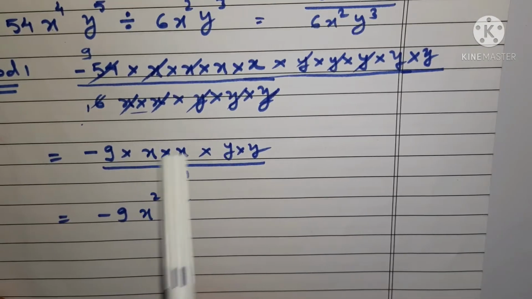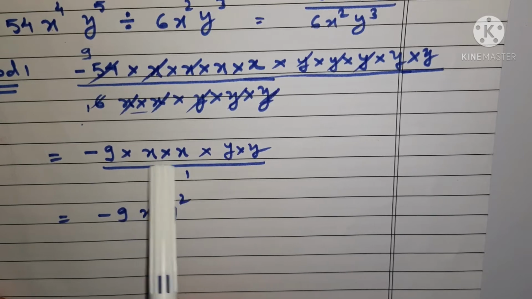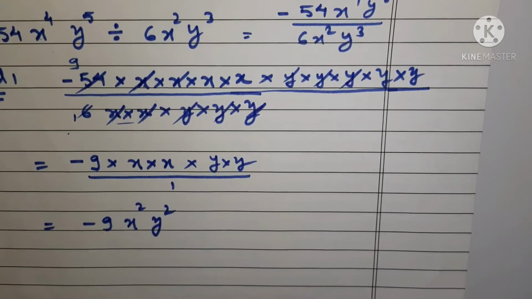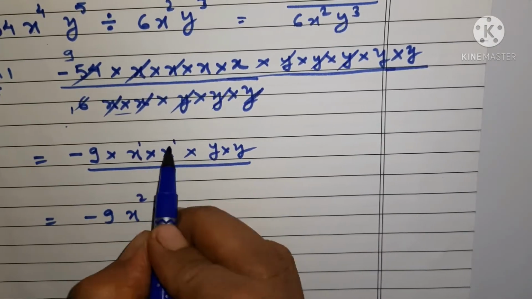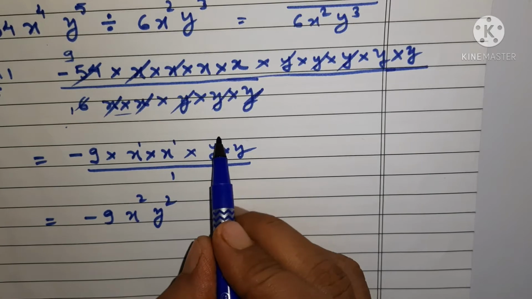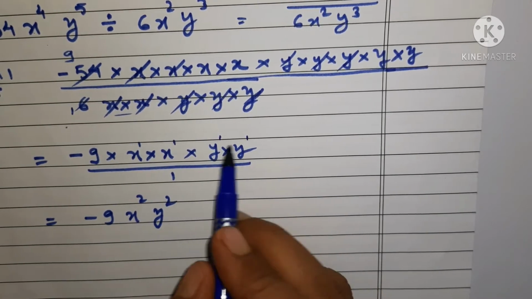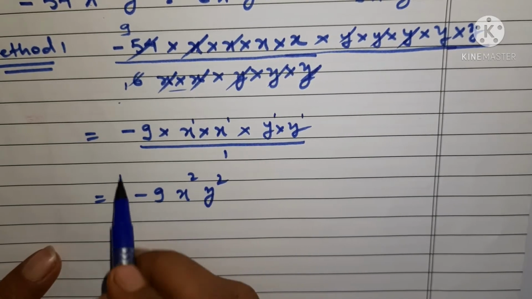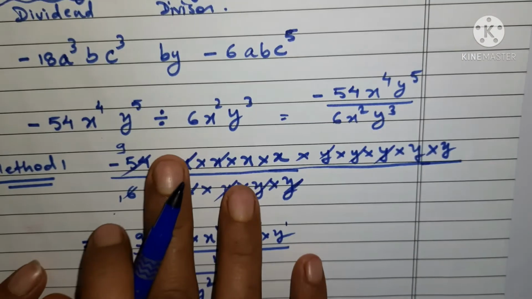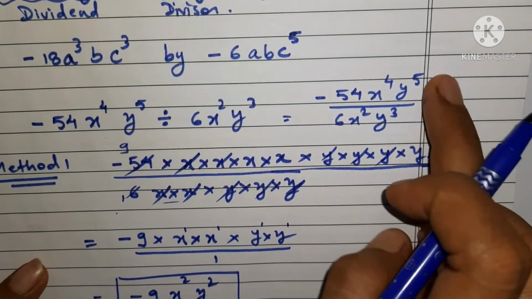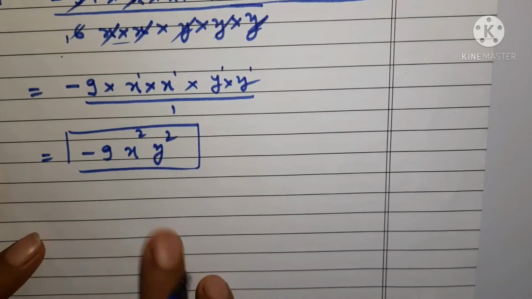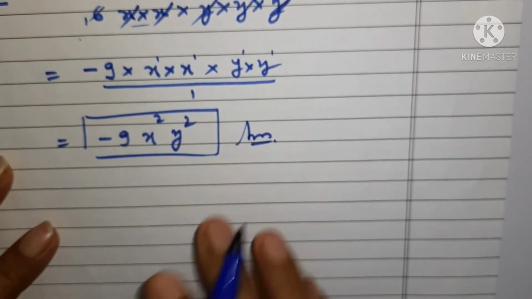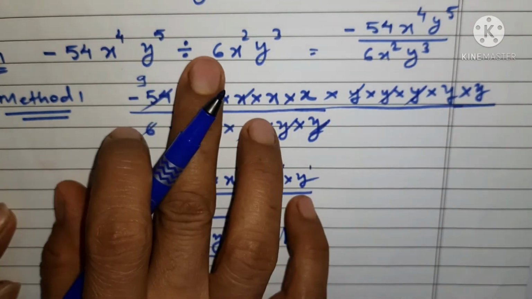मैंने बताया था कि जब भी मल्टीप्लाई करते हैं और हमारे बेसिस अगर सेम हो या वेरिएबल्स सेम हो तो हम पावर्स को ऐड कर देते हैं. So you can see that here x 1 + 1 is giving you 2, and here y 1 and y 1 again, 1 + 1 is giving you 2. So you are going to get -9x² y² as a result to this division. Okay, this division which is to be found out, its result is coming out as -9x² y². This is one way round. Okay, ये उन बच्चों के लिए जो पावर्स नहीं समझ पाते हैं.